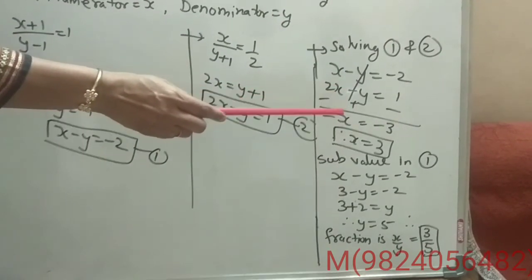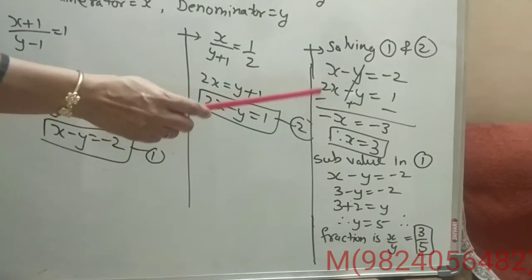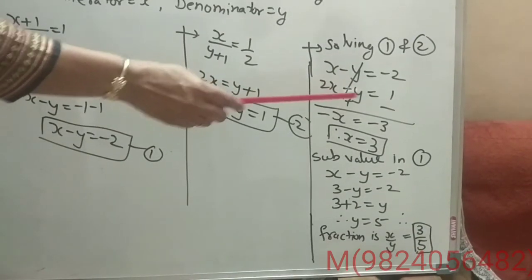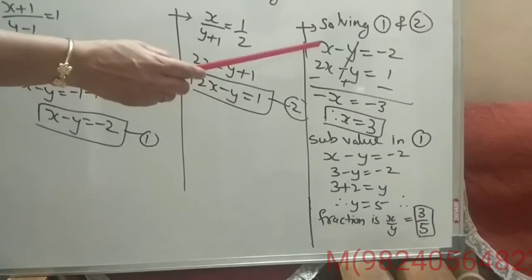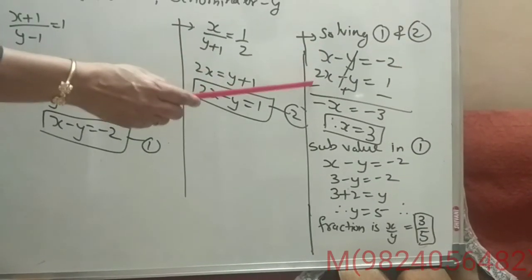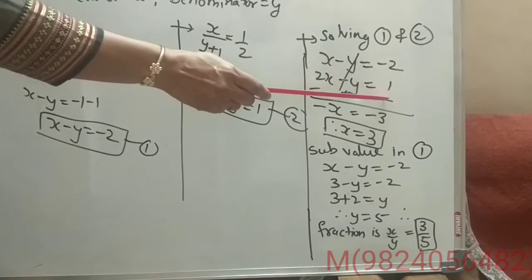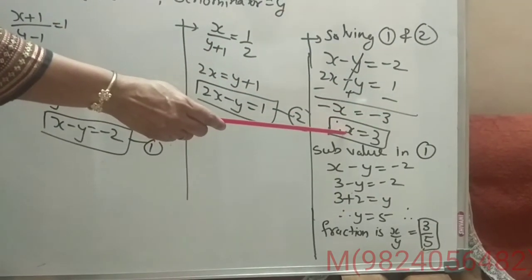So here you have to change. When the signs are same, you have to change. Otherwise, no need to change the sign. So plus becomes minus, minus becomes plus, and plus becomes minus. So minus y plus y cancels. What remains? Plus 1 minus 2, so minus x. Minus 2 minus, below sign you have to consider minus 1, so minus 3. Therefore, obviously x is equal to 3.